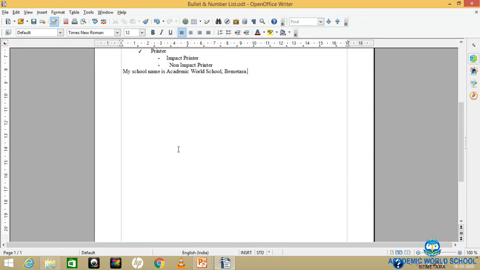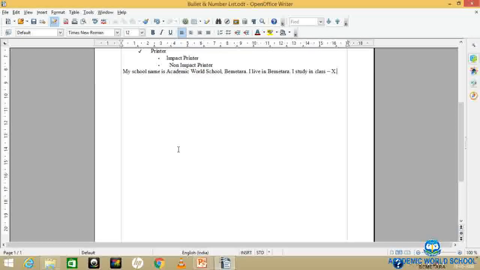I live in Bemitra. I study in class 10th. Now you must observe here, automatically your cursor will move to the next line without pressing the enter button.